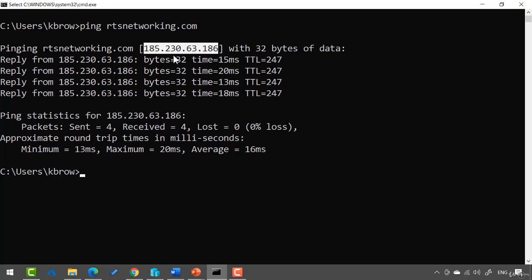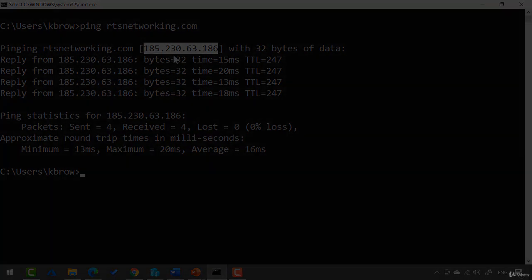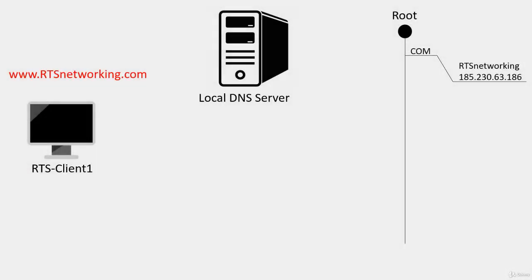Well, that brings up the question, how? How does that process actually work? Well, let's take a look at the breakdown of what actually just happened. In this graphic, we have a few components. I have my client computer, RTS-client1. I have my local DNS server. I have this website,